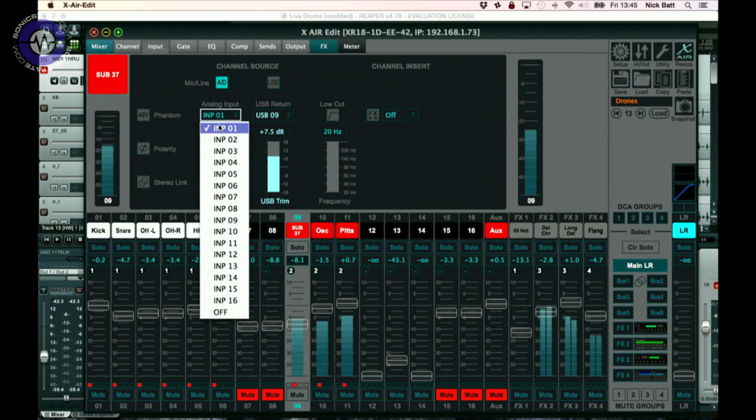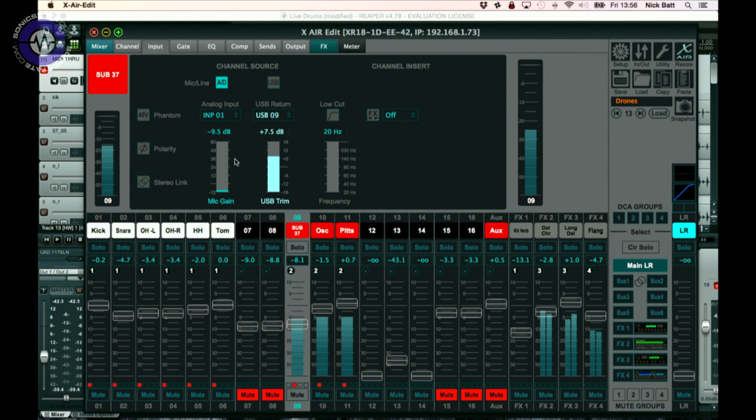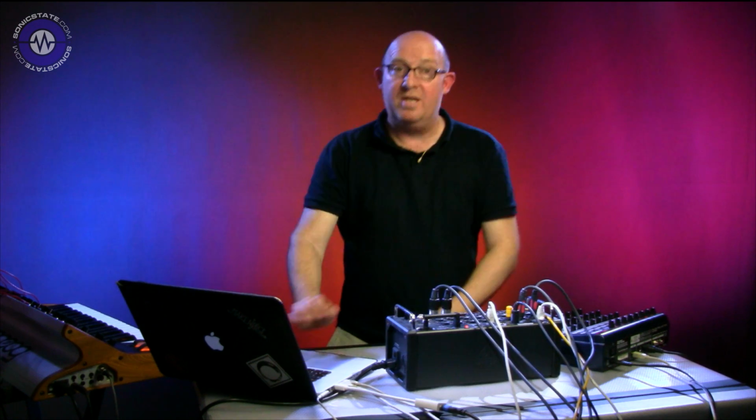So I could take the input for channel 9 in this case from any one of the 16 XLR inputs, or I could take the USB return from any one of the 18 USB returns. And what you've got here, as well as the mic gain, which goes from -12 to +60, we've also got USB trim. I've trimmed this up here because I did actually record some of this audio, but it allows me to flip between the A to D and USB and match the levels, and that's pretty cool,